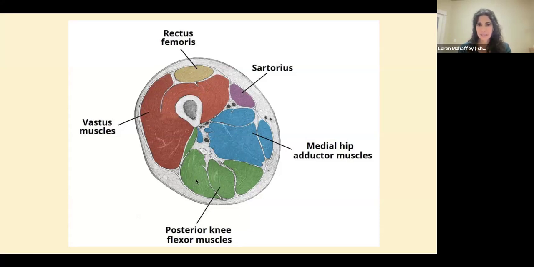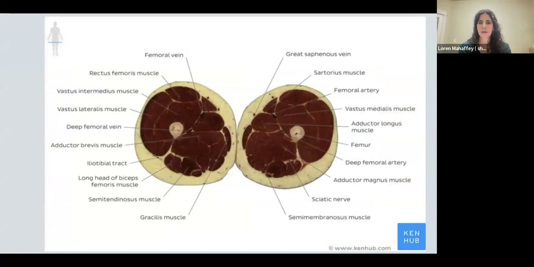And so we can see how they begin to get compartmentalized, and then there are also the veins and the arteries that are running through here. The next I'm going to show you is an actual cadaver image of this same viewpoint. And so here we have two thighs with the femur bone in the middle. You can see those deep layers of fat that are most superficial, and then how the muscles themselves are gently divided by these layers of myofascia.